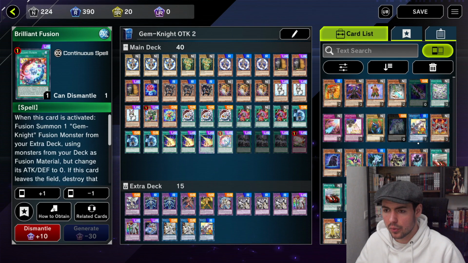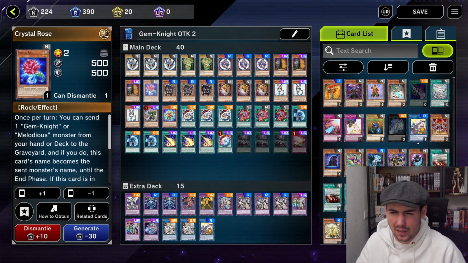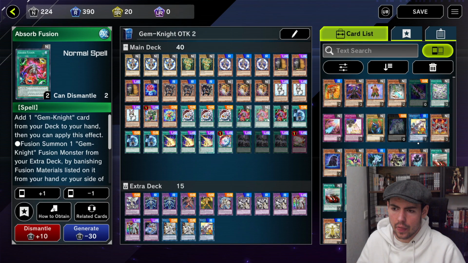Especially if you open Brilliant Fusion plus Crystal Rose, you get a very awkward situation which the FTK build cannot necessarily get around. You don't have the versatility and the adaptability that Absorb Fusion gives you, even though it has some crazy restrictions. So please avoid the FTK. If you desperately want me to try and build a proper FTK version, I can do it. Not the 3-axis version, because it's not really pure Gem Knight. I can build an